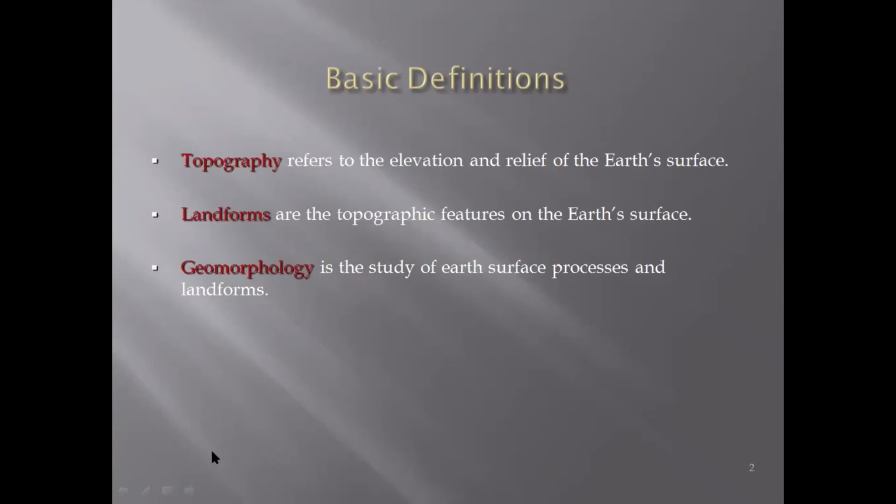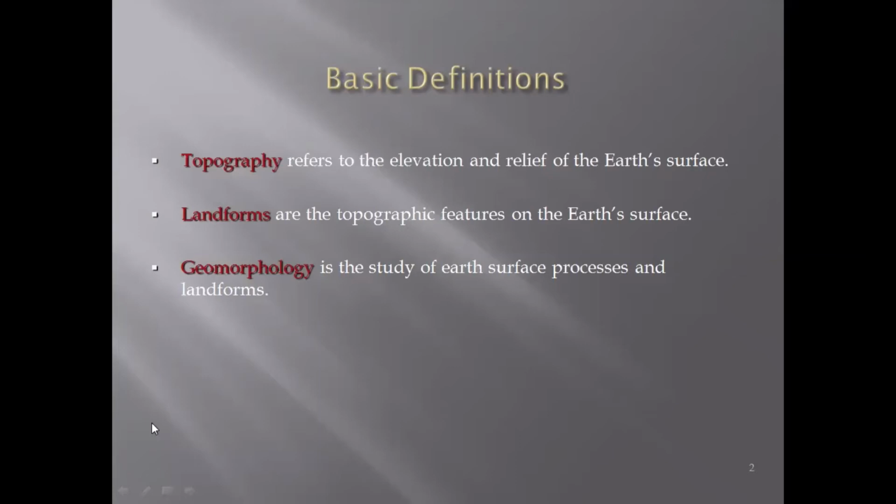Like for example, if you see Pakistan, we have Karachi somewhere here, and then suddenly the elevation keeps on rising until you reach maybe Lahore, and then you reach Islamabad a little bit, and then it goes on until you reach the Karakoram highway, and it keeps on increasing. So what is this called? It is basically the elevation, and it keeps on increasing.